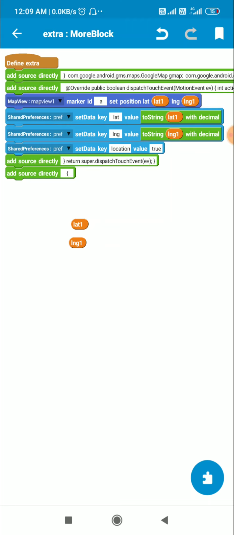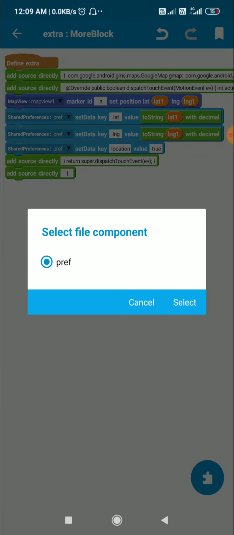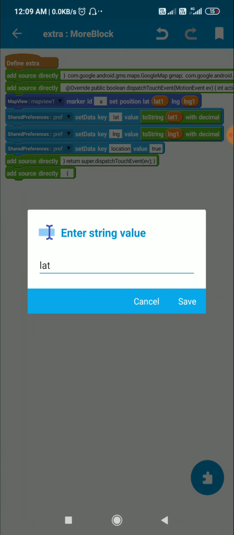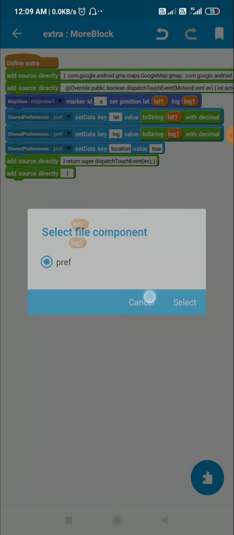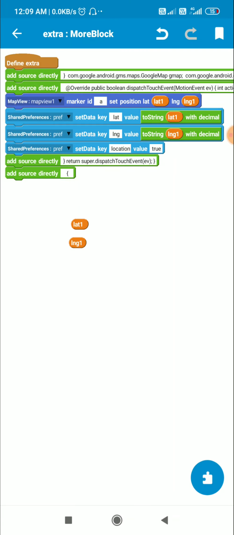in shared preferences. So in shared preferences pref, I set data key lat value to string lat1 without decimal, to string lat1 with decimal, and I set key lng to string lng1 with decimal, and I also set a key location to true.